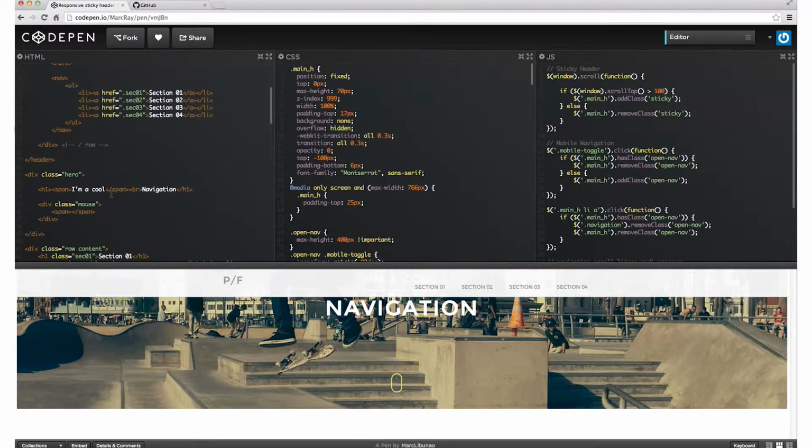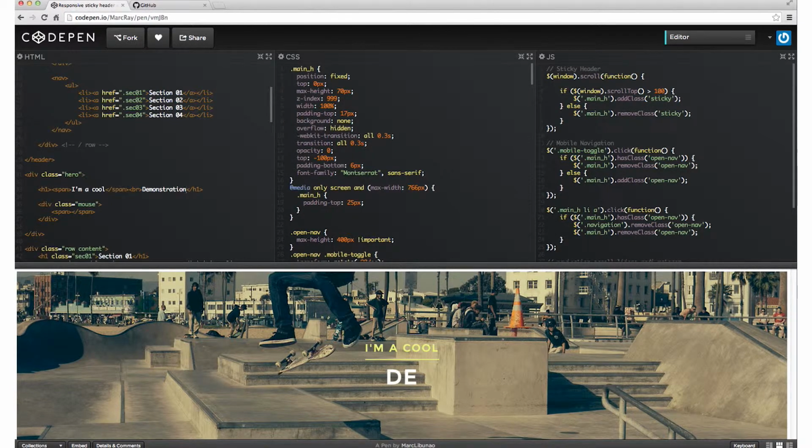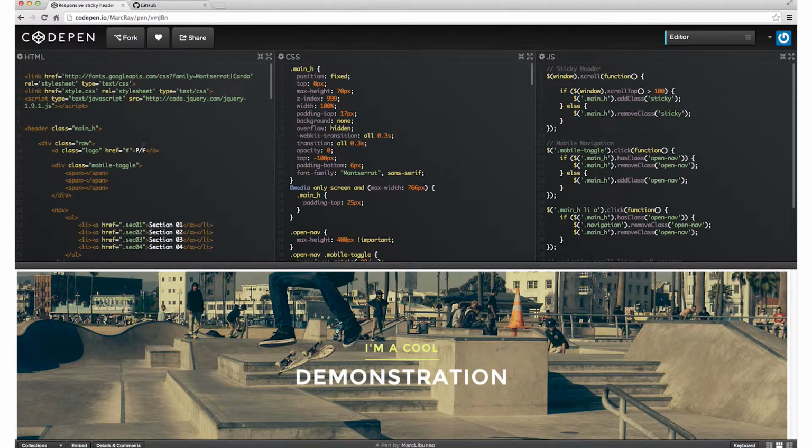Now, here's what's so much fun about CodePen. This is not a static environment. So if I want to play around with this, and if I want to change this to demonstration, you'll notice that the screen automatically refreshes after a second or two and actually gives me all of the changes that I'm putting up in this section here. So I can start to work with this right away.